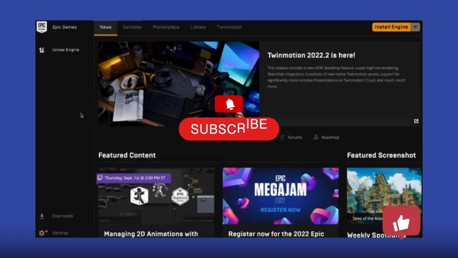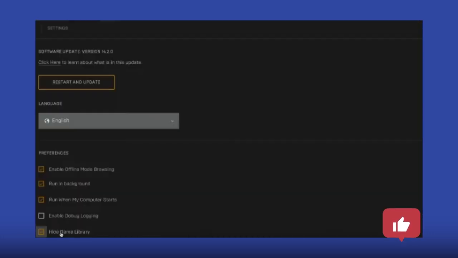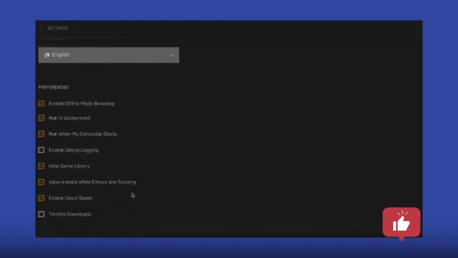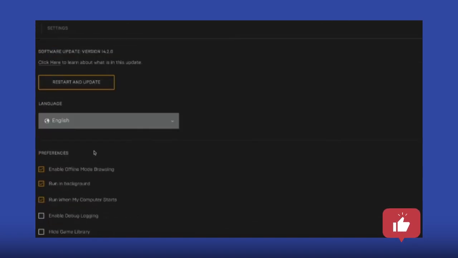So first of all, go into your Epic Games application that we have downloaded on our PC, and when you are in here, then what we need to do now is to click here. It says settings right here, and now we need to scroll down, and in here as you can see where it says hide game library, you need to basically click here, and as you can see now you turn this